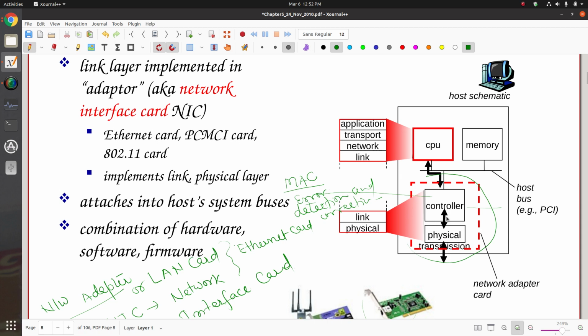ठीक है, तो क्या आपको मालूम है ऑपरेटिंग सिस्टम में इंटरप्ट का कॉन्सेप्ट क्या है? तो कोई भी इंपॉर्टेंट टास्क होता है तो उसके लिए इंटरप्ट इशू की जाती है. When a packet will arrive, interrupt will be raised, and those interrupts need to be handled by this controller. So that part actually needs to be handled by your NIC card or network interface card, and this function of the card is implemented in form of software functions. ठीक है. सिमिलरली मैनी टाइम अपर लेयर से भी कुछ इंटरप्ट आ सकती हैं, जैसे नेटवर्क लेयर ने कोई पैकेट रैम में आपके लिए छोड़ा है, तो दैट इंटरप्ट नीड टू बी हैंडल्ड बाय द सॉफ्टवेयर पार्ट ऑफ योर कार्ड,